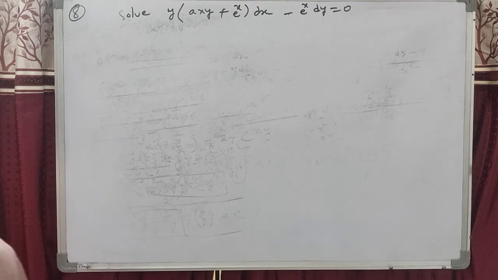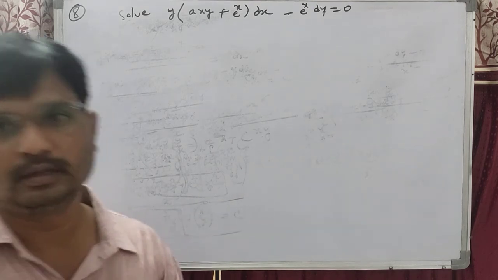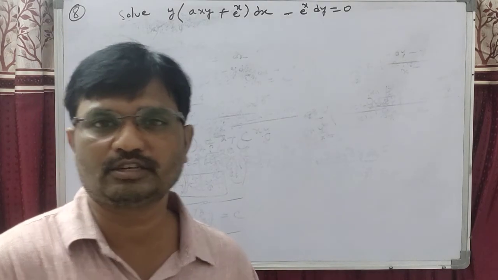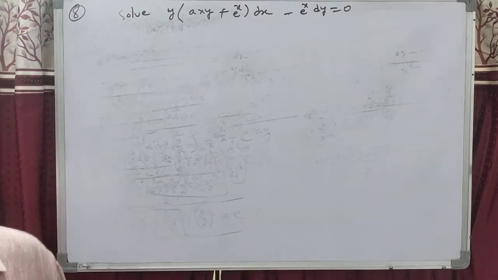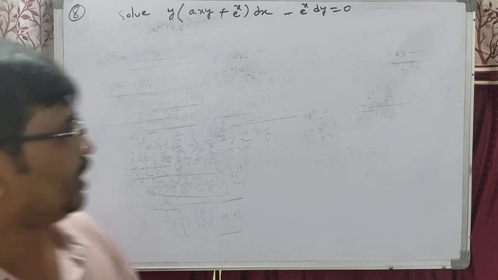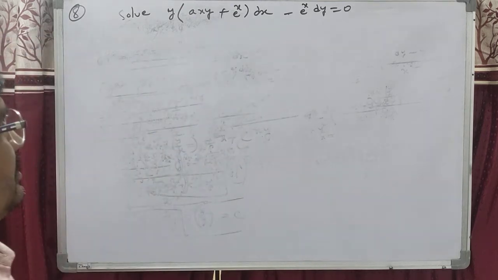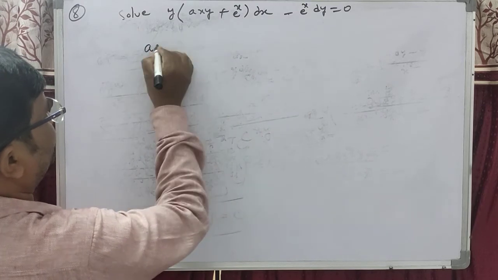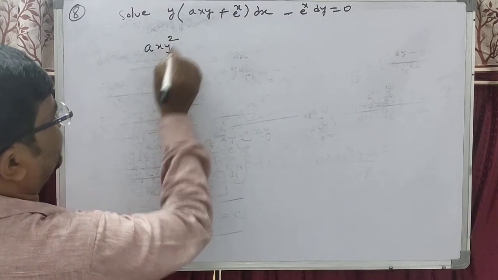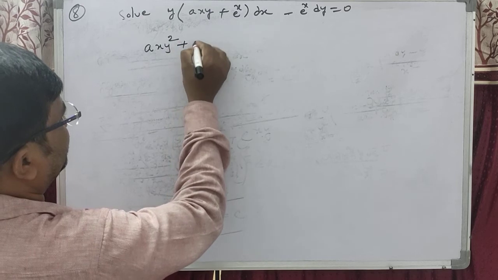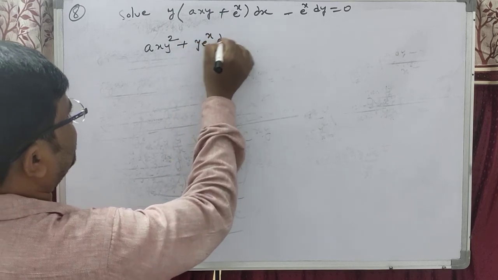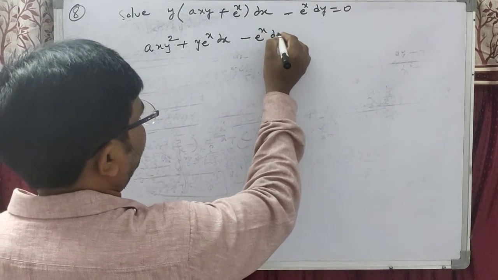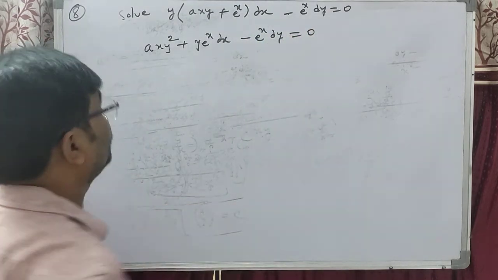So dear students, can you observe there is a small difficulty? In the last 7 sums, there was no e power x, but here there is a small technique. First, multiply with y square: x y into y square. My dear students, then it is y into e power x dx, after it is e power x dy equal to 0.